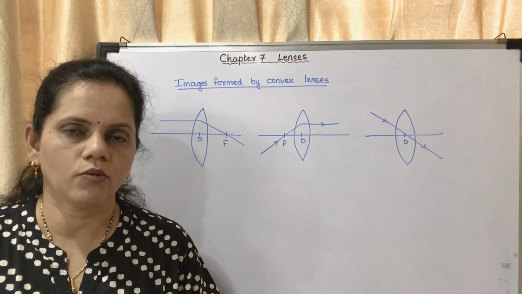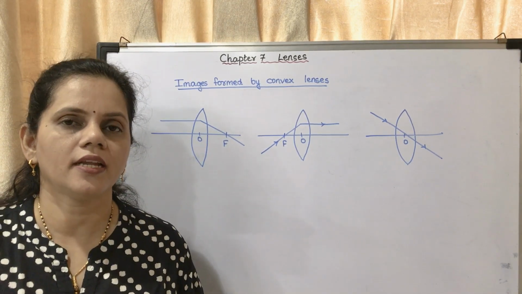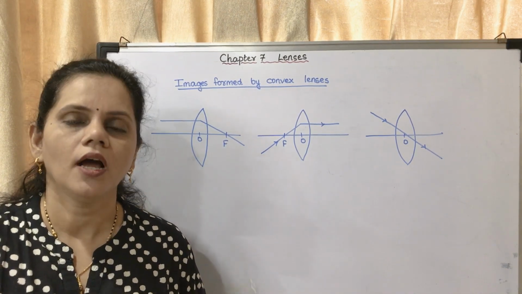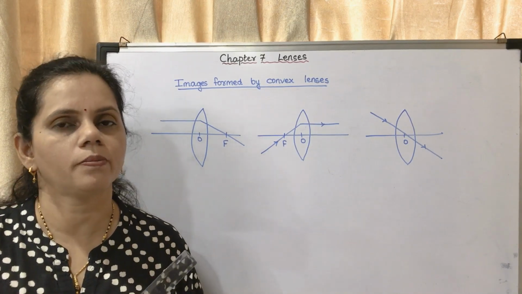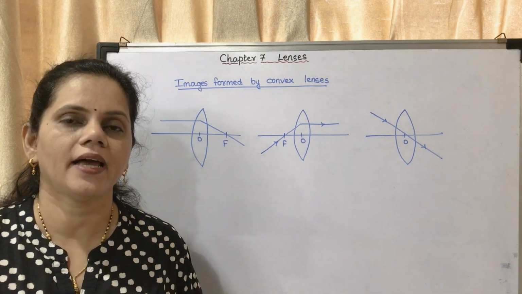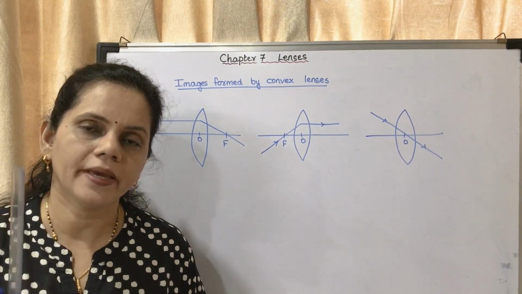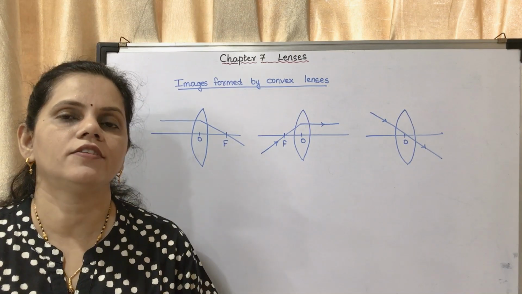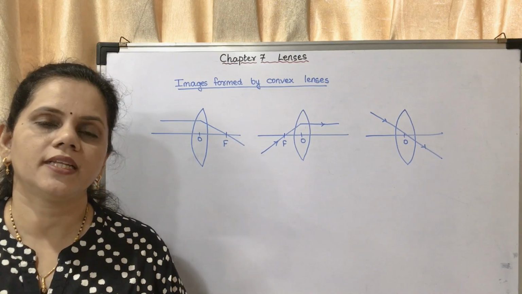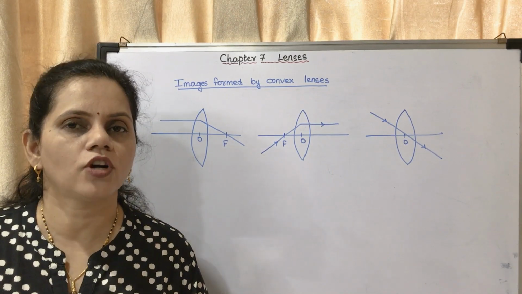Now what you have to do is obtain the image of a distant object. You can keep the lens on a table near the window, and place a screen and obtain the image of a distant object like a building nearby or a tree nearby. You have to obtain the image of that object on your screen and measure the distance between the lens and the screen. What is the distance between the lens and the screen called? There is a question on page number 82, that is called the focal length.